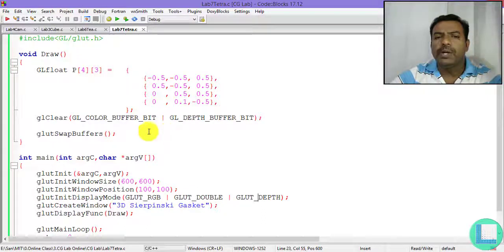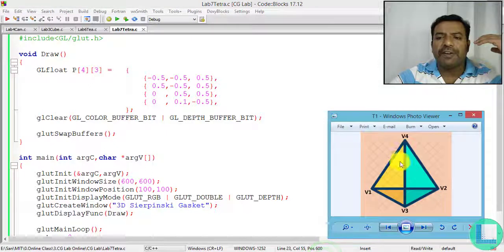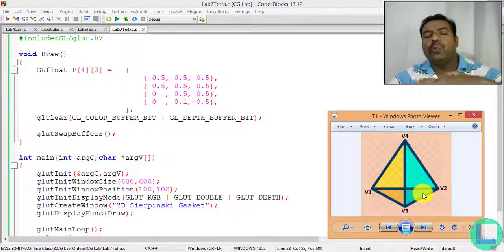Now when I want to display a tetrahedron, as I told you, it is going to be of 4 points: V1 as the first point, V2, V3 and V4. If you observe carefully, these 3 points are going to be on one single plane.